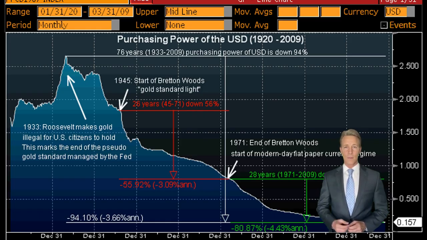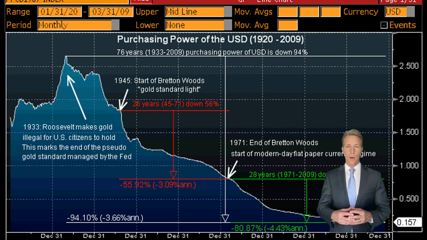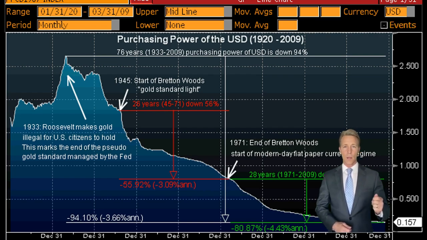The 1934 Gold Reserve Act subsequently changed the statutory gold content of the U.S. dollar from $20.67 to $35 an ounce. This increased the value of gold. But what it really did was to devalue the U.S. dollar so that fewer ounces of gold were required to back U.S. currency. And so the Federal Reserve was free to print more paper money.